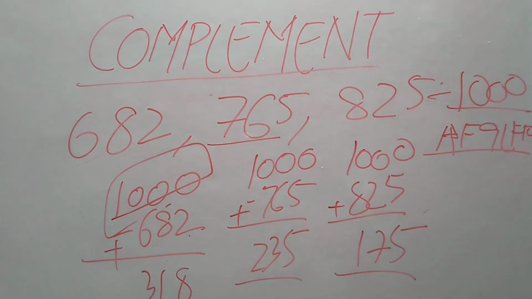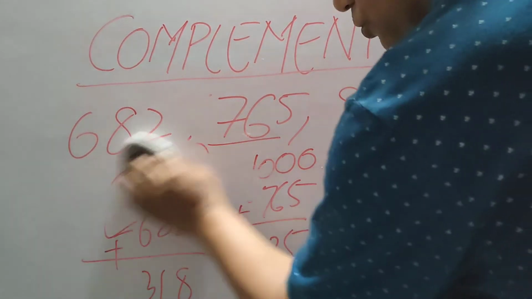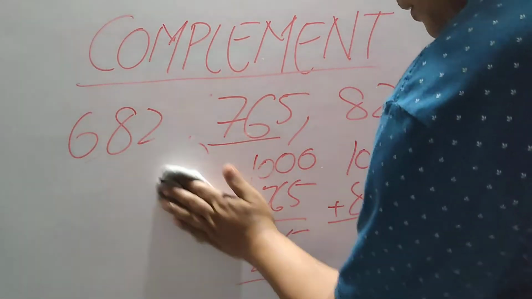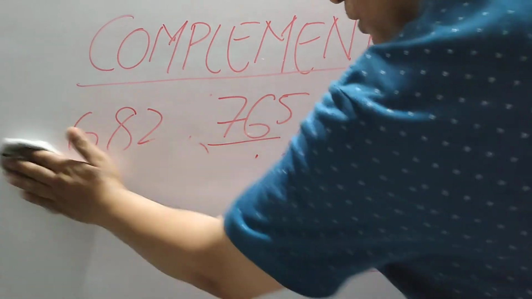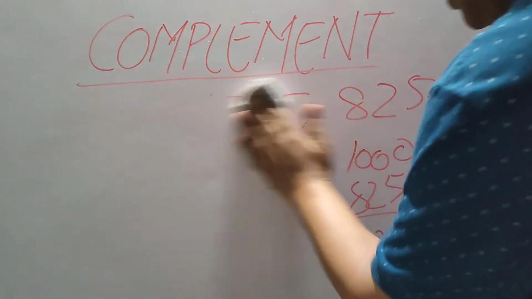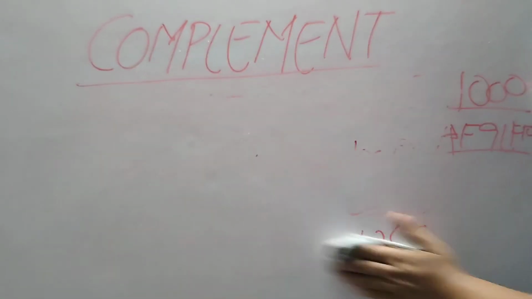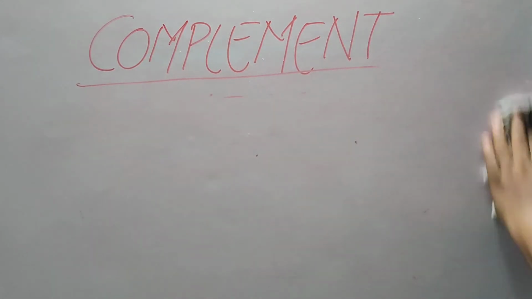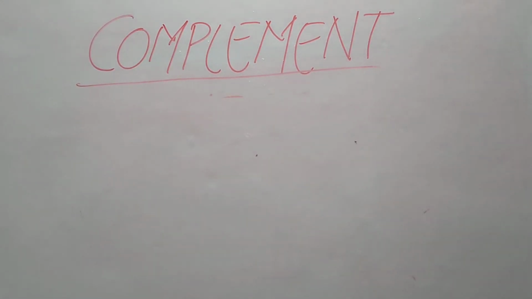So the complement of a number is always found using the basic concept AF9 LF10, which is called Nikhilam Navatashcaramam Dashatah in Sanskrit. In English it is called all from 9, last from 10. Now here is a very wonderful concept I am showing you, and it is for your ease. You may find it difficult to subtract from this 1000 because you have to take the carry. Now for your ease I am showing you a wonderful concept.